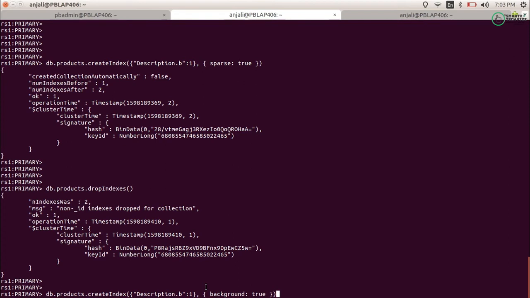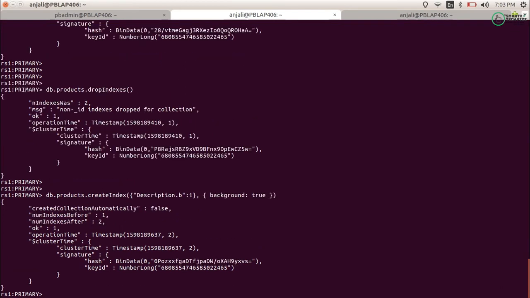That means it will allow you to perform other operations as well, but in that case the indexing performance is very low, because obviously two things are going on at once. The first one is the index being built in the background, and the second is all the operations coming from any application. So in that case, the index will be created in a very slow manner. So just be aware of that. Do not be confused if your index is being created in a very slow manner.